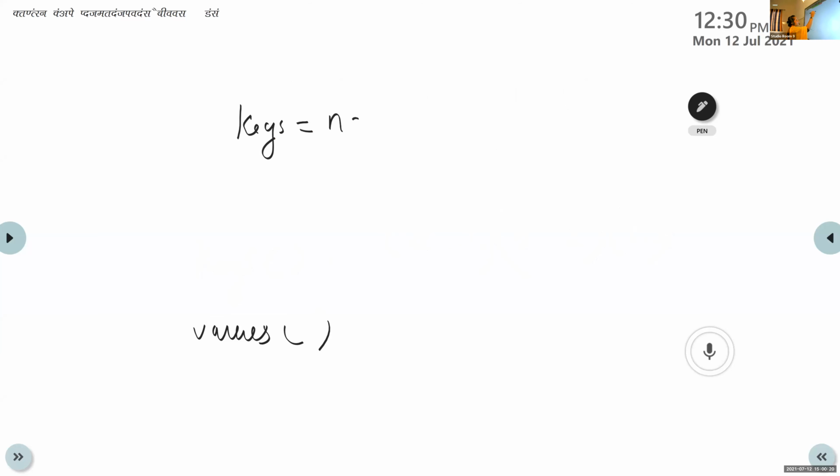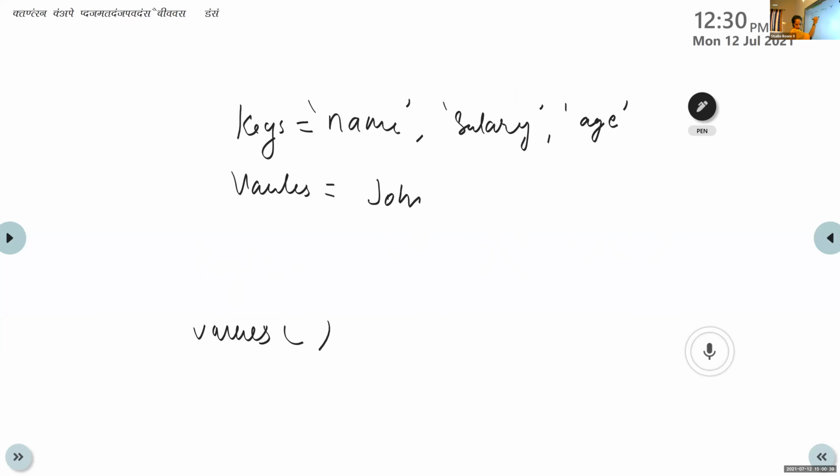Keys are name, salary and age. Okay. Values are John, 10,000 and 24. This is employee 1.